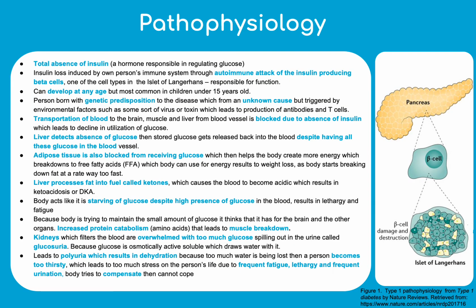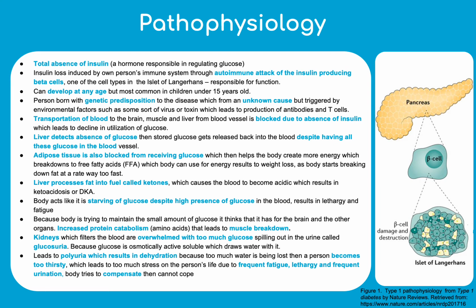Type 1 diabetes is the total absence of insulin, which is a hormone responsible in regulating glucose in the body. Type 1 differs from type 2, where the insulin loss is induced by the person's own immune system, and the body attacks itself accidentally thinking it's foreign. And this occurs on the insulin-producing beta cells within the pancreas. So these beta cells, like the ones seen on the right, are in the islets of Langerhans, and that's responsible